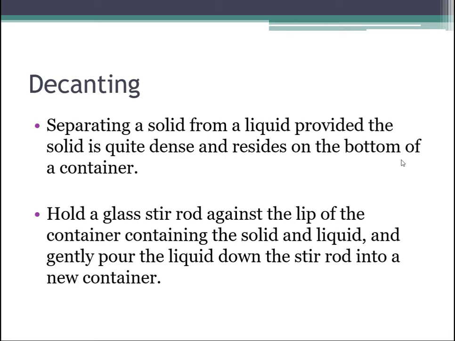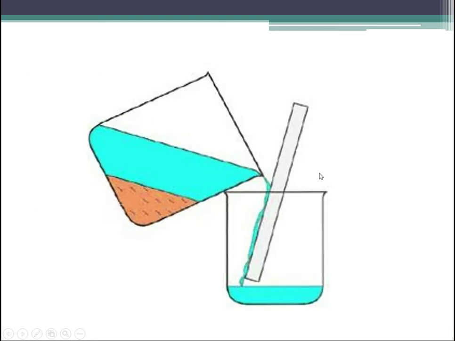But decanting, all you do is hold a glass rod against the lip of a beaker and pour it straight out. So here you've got an image of the solid brown stuff at the bottom and the liquids on top. If you just pour it with, say, the stirring rod on the lip of the beaker, then it can hold back any small particles. Like I said, it's not perfect, but it is a very, very good way to make sure that the material